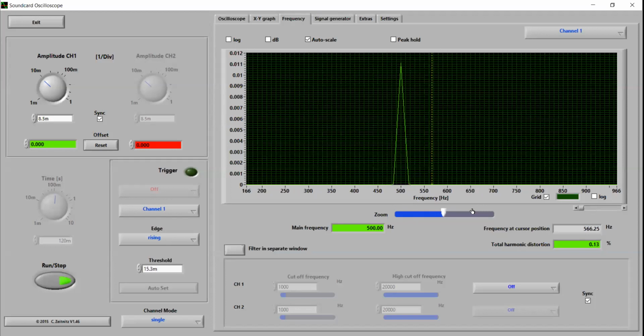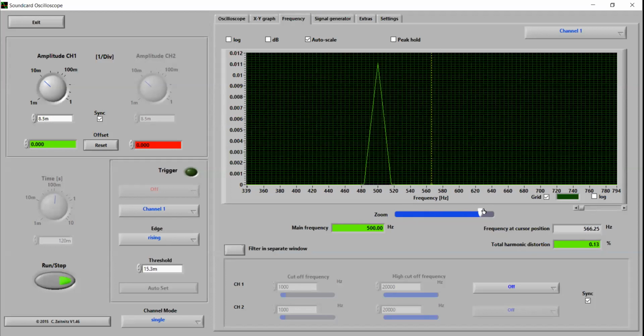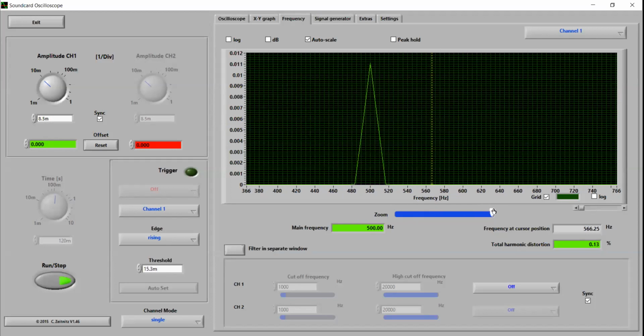Slowly. Now on the upper right corner of your screen, there is channel. Now just go there and select channel 1 and channel 2, the third option.